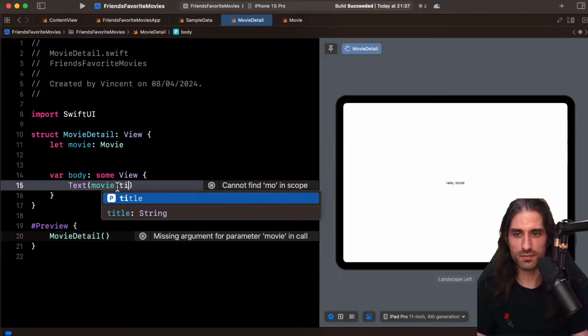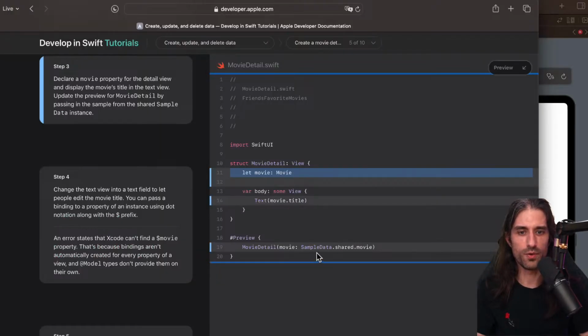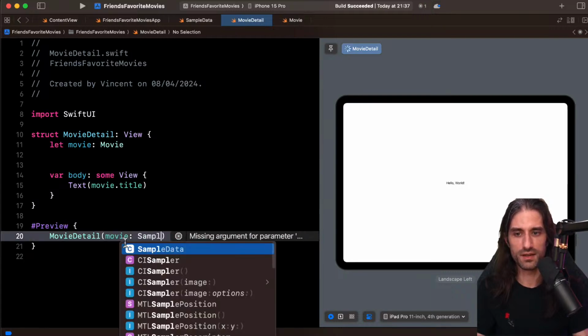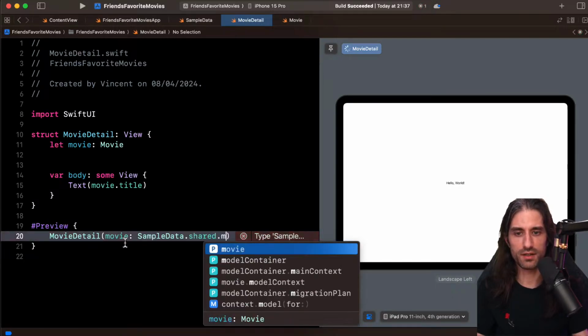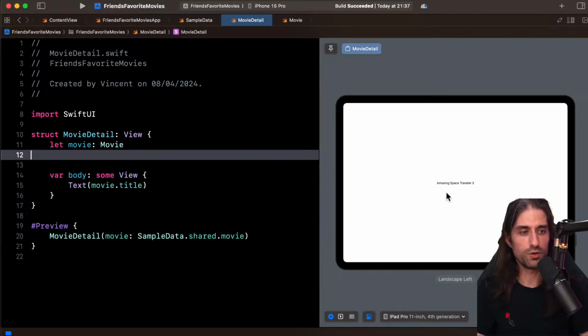So like that. Of course, here we need to provide a movie, and that's where we will do sample data.shared.movie. And we can see that now it should display in the preview actual movie data.